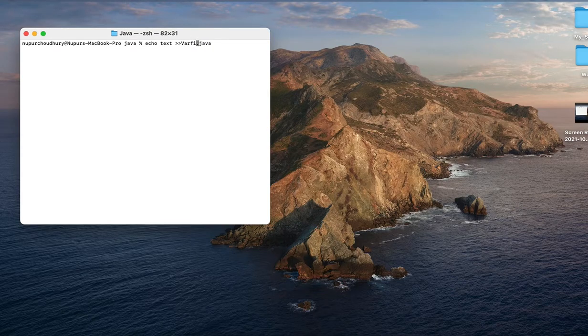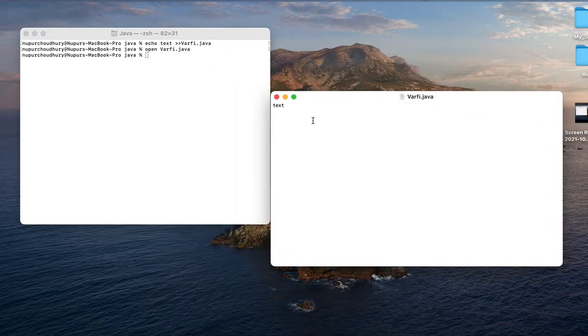varfi, and let us simply open this program varfi.java. Now here first we will be working with the final keyword with a variable. For this I will simply create a class with the same name as that of the file, which is varfi. Here now I will be introducing one variable.